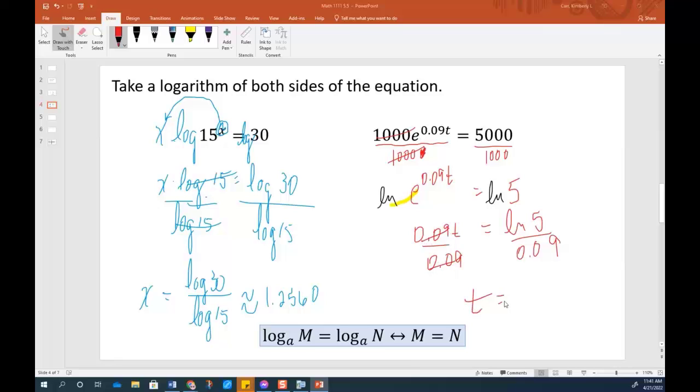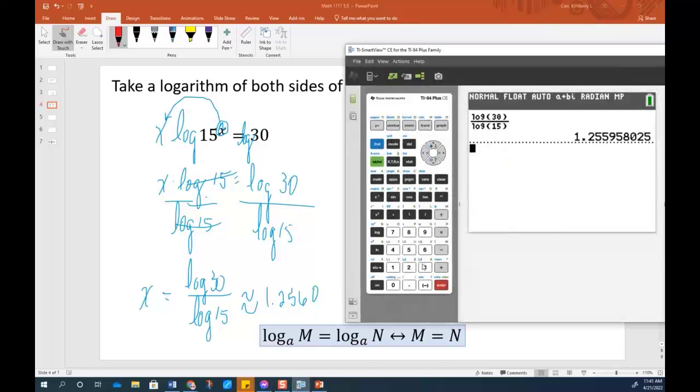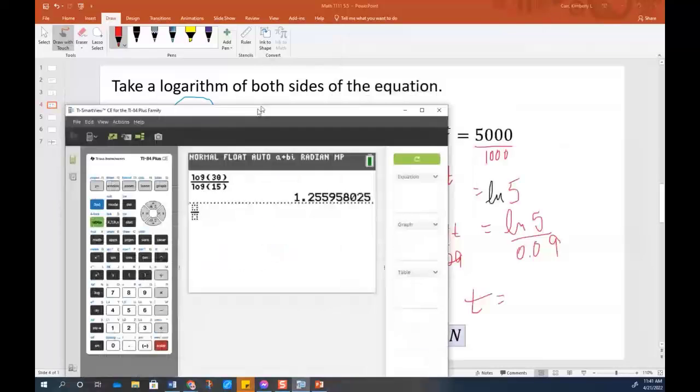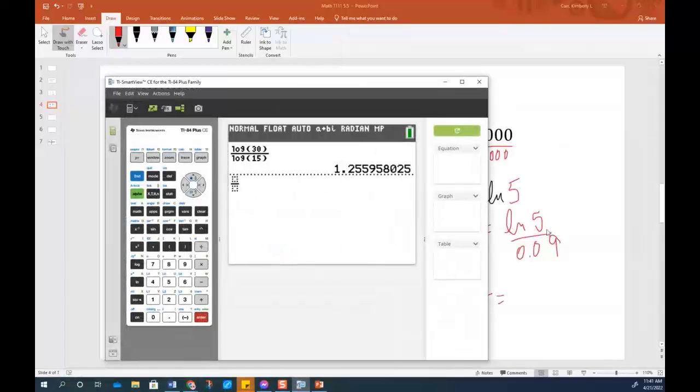So t is equal to, we'll pull up that calculator. Again, that's the exact answer, but we're going to have an approximation. So alpha y equals enter. I want you to be able to see it while I put it in. So this is what I'm putting in. ln of 5, open parentheses, so I'm going to close them, over